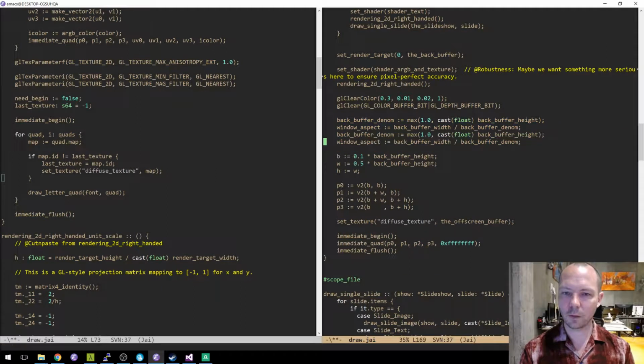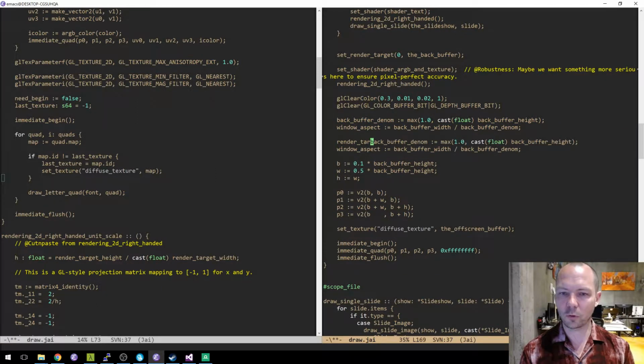Right, and then render target. Just in case these end up 0 somehow, like I think if you iconify in Windows or minimize, it'll do that. Whatever. Okay, we've got our two aspect ratios.